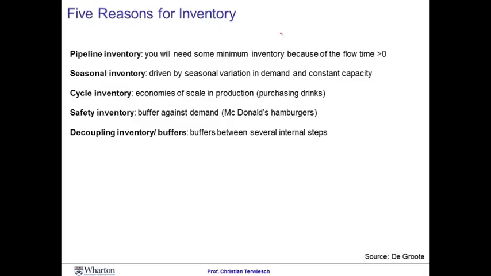The first reason for inventory is what I call pipeline inventory. Pipeline inventory is a direct result of Little's law, I equals R times T. If you're producing wine, and that wine needs to age for 2 years before you sell it, well, you need to hold 2 years of wine sales in inventory.